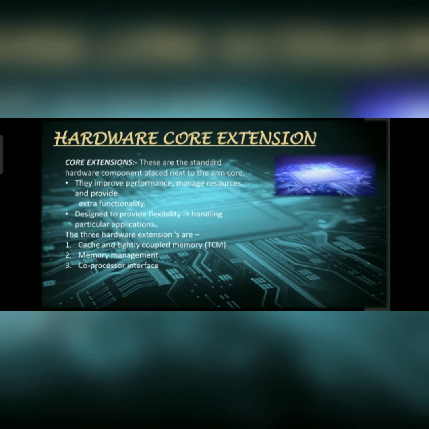There are three hardware extensions: cache and tightly coupled memory, memory management, and coprocessor interface. So these are the three types of hardware extensions to improve the functionality or the performance of the coprocessor. The first type of extension